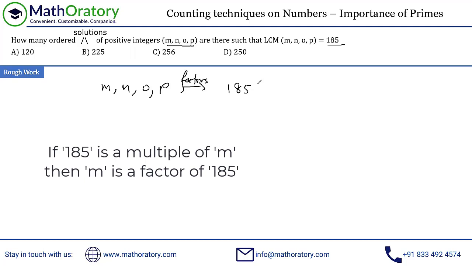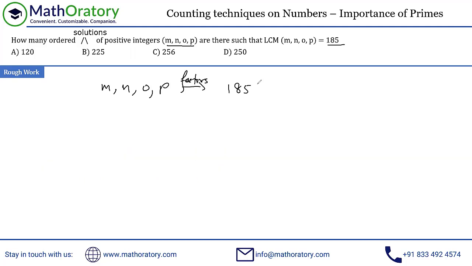So if I say A is a multiple of B, then B has to be a factor of A, right? That's simple logic. So LCM is this implies that they are factors. So whenever there's something related to factors, I mentioned this a lot of times in our classes, always focus on the prime numbers. That is the basis of factors. So just factorize this 185, the prime factorization, that is. This is a simple one. You have 5 into 37, right? Now, what are we looking for in this question? So one thing is m, n, o, p have to be factors of 185. So they have to be factors of 5 into 37.